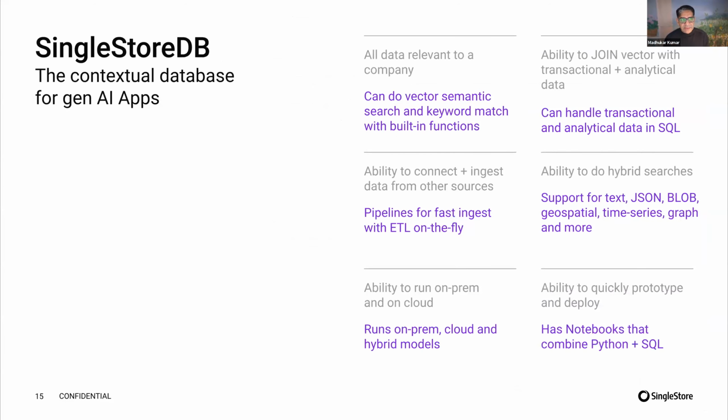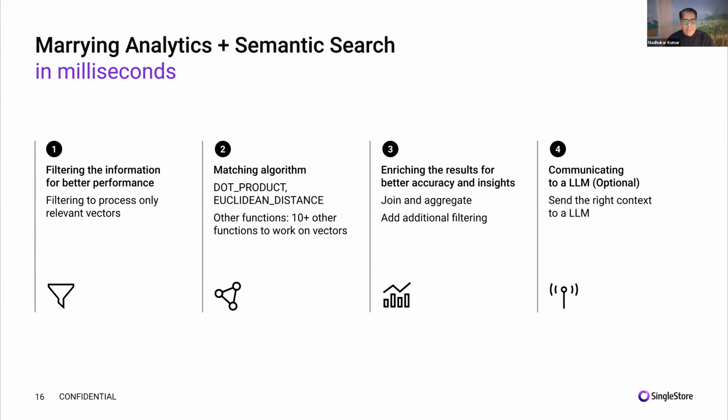These are some of the things that we do, which really makes us not a vector-only database, but more of what I would call a contextual database, because of all the things that I just mentioned. And the key thing that is very unique about audio and video applications is that you have to mix and match your search and data. So within a single store, for example,